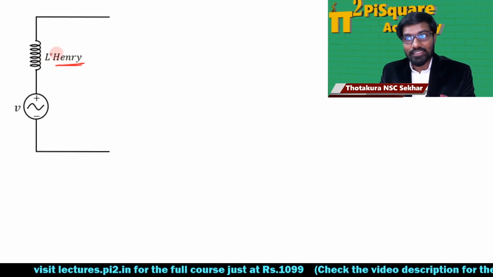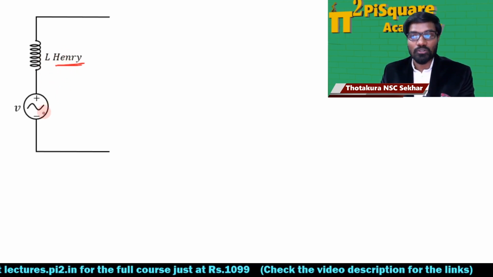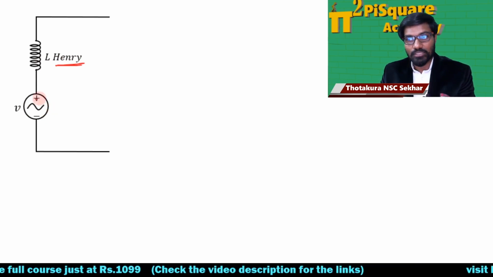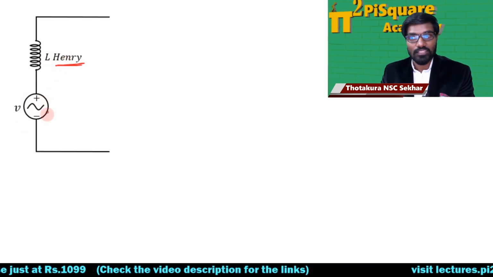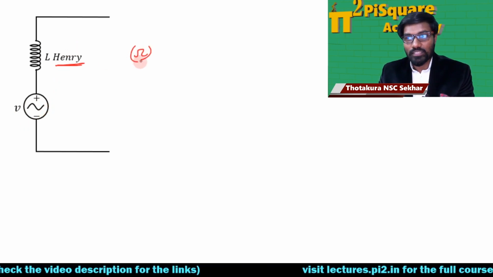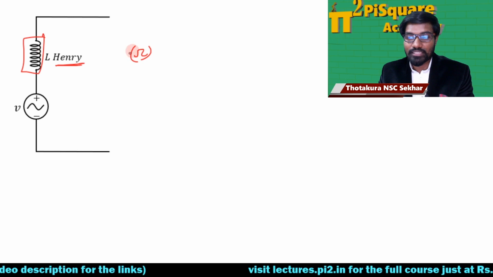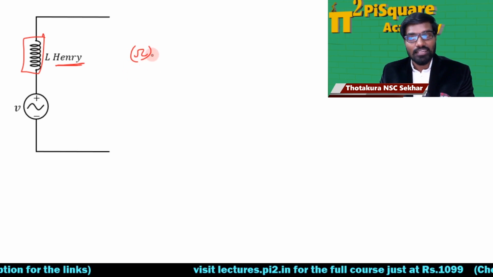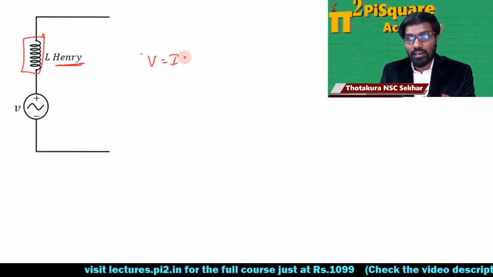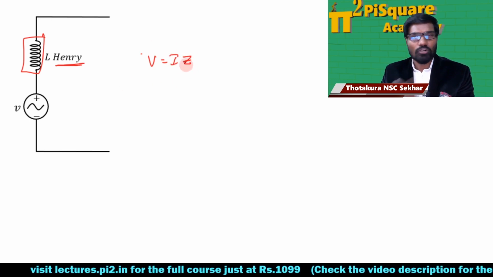Okay, in that case, what will you do? I want to transform this voltage source into a current source. Can you transform it? Yes, you can transform this voltage source into a current source. How? If it is a resistor that is in ohm, then you will use the V = IR or V = IZ relation according to Ohm's law.